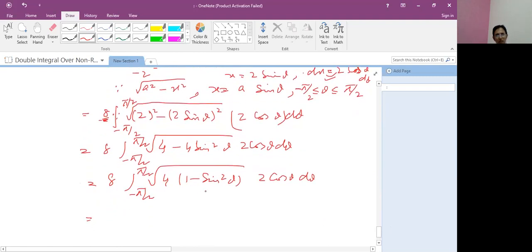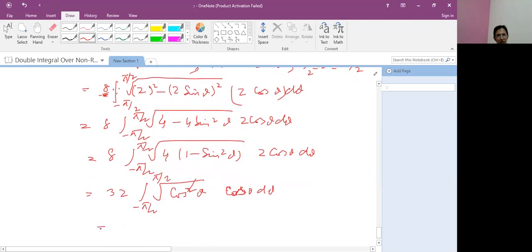So student, 1 minus sine square theta is equals to cos square theta. The root of 4, it is 2. So 8 into 2, it is 16, into 2, it is 32. So it means cos square theta in the square root and cos theta into d theta. So the square root will cancel each other. Minus pi by 2 to pi by 2. If we multiply together in the next step, 32 minus pi by 2 cos square theta. Student, you know very well कि cos square theta का इंटीग्रल हमारे पास नहीं होता,